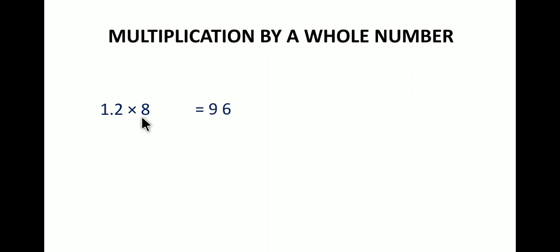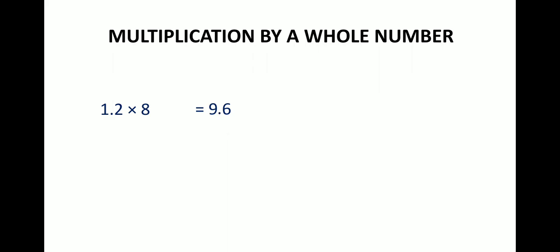Now it's time to write the decimal. Now there is a decimal in front of one number, so it's in front of 2. So that means you will put the decimal in front of one number counting from the right hand side. So when you count from right hand side, there is one figure over here. So we'll put the decimal in front of 6. So the answer becomes 9.6.